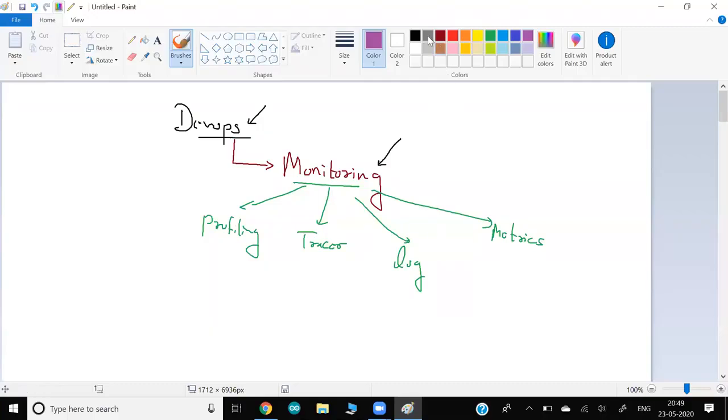But in our program of this DevOps assembly line, we are going to learn two different kinds of monitoring that we use a lot in all environments. One is log monitoring and one is metrics monitoring. And for that monitoring, the tool that we are going to learn in the future is the ELK stack, sometimes also known as Elastic Stack. So that is one tool we are going to learn in the future.